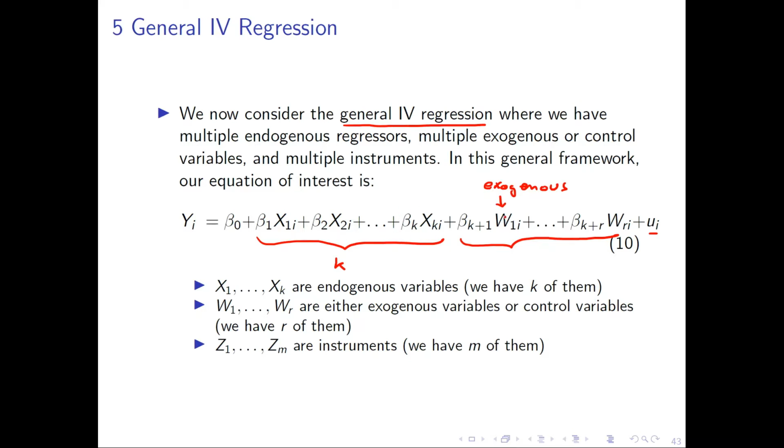So this w, this exogenous variable, is uncorrelated with the regression error term, but it's relevant for explaining a part of the variation in y. So the beta here is different from 0, and it's correlated with one of the x variables. So if we exclude this exogenous variable, then we would bias our estimates on these x variables, which are the ones we care about